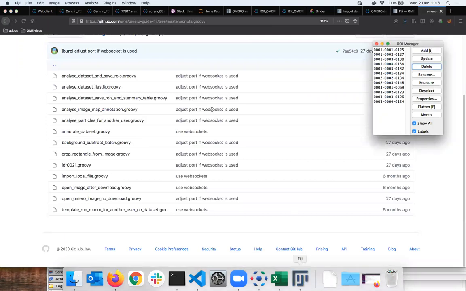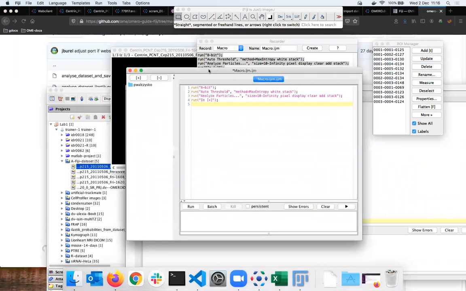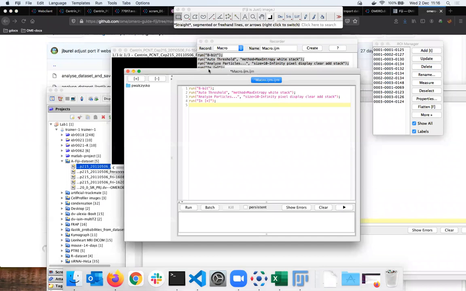But the key part there, when you do the analysis, is that the analysis is done on the client's machine, that is on your laptop or wherever Fiji is running. So the data need to be transferred from the server to your local machine and sent back. You could argue it would have been quicker to have the data directly on the machine. That's true. But the advantage of using OMERO is that you control and know where the data are, you have the data accessible for further use, and we'll show you another tool afterwards, where you can actually use the